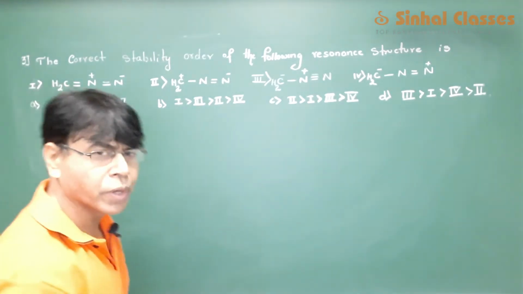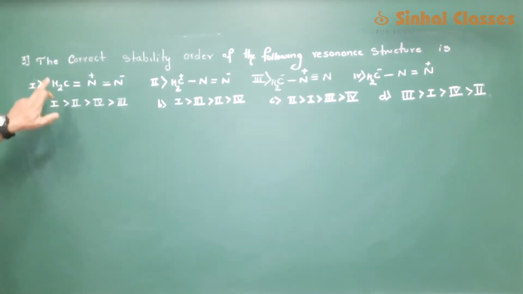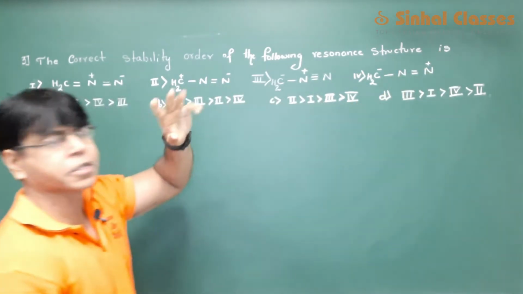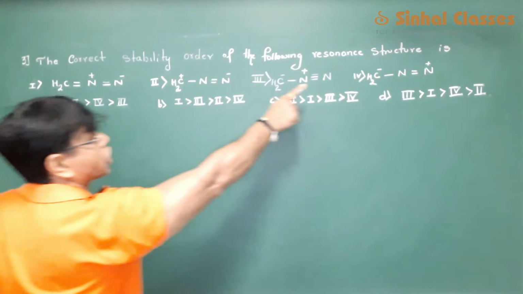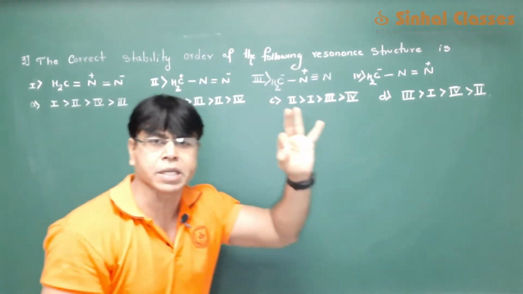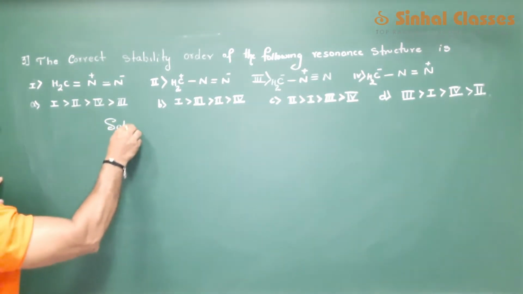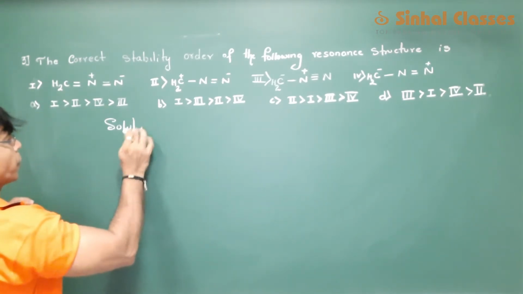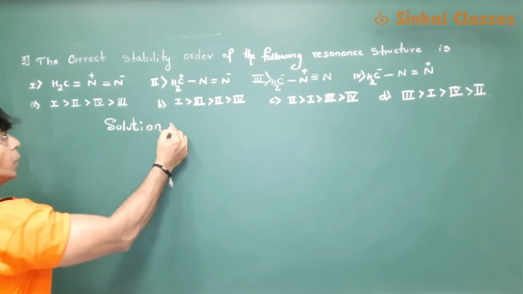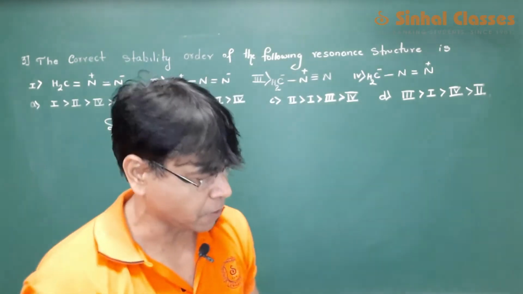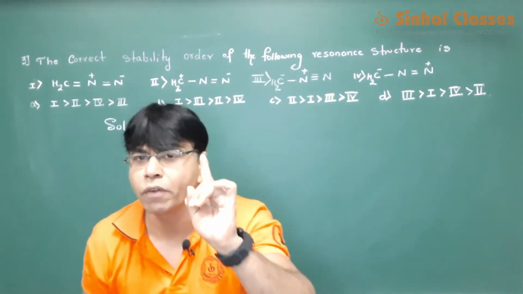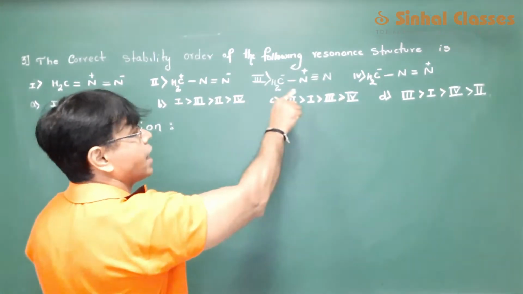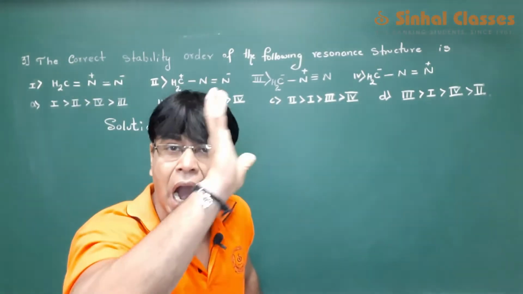Okay, let's see question number 3 for this topic. A very interesting question. The correct stability order of the following resonance structures is. Now out of these 4 structures, which is the most stable one? So how will you go about finding the most stable one? See, for resonance structures, the first point to check is covalent bonds. The structure which contains more covalent bonds will be highly stable